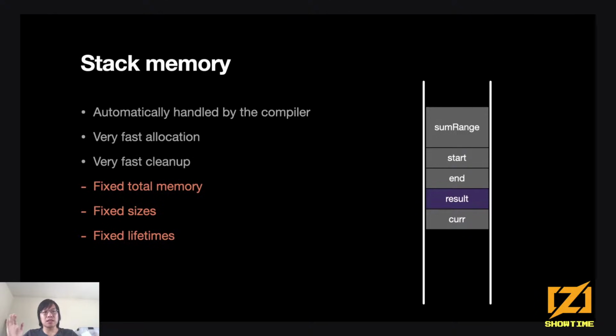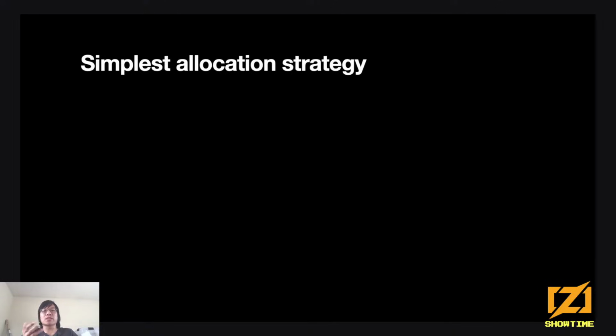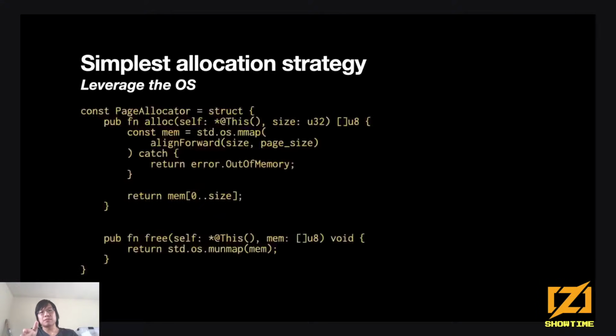In general, you want to use stack memory as much as possible. But if you run into these limitations, you can't really leverage the stack anymore. So what do? Well, let's come up with the simplest allocation strategy. The easiest way to do manual memory allocation is by making someone else do it. The operating system gives us a way to ask for more memory, and we'll just see what that looks like. And this is a dumbed down version of the page allocator that exists in the Zig